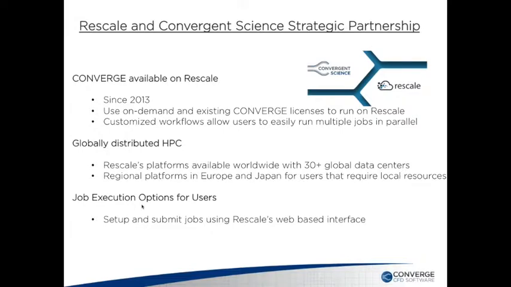Those are a few things to note. Like I said, we've been with them for 3 years. We have quite a few customers that use Rescale in various aspects. Some of our customers are newer, some of them are existing. But like I said, Rescale has been a great partner. And with that being said, I will pass the control over to Zach.